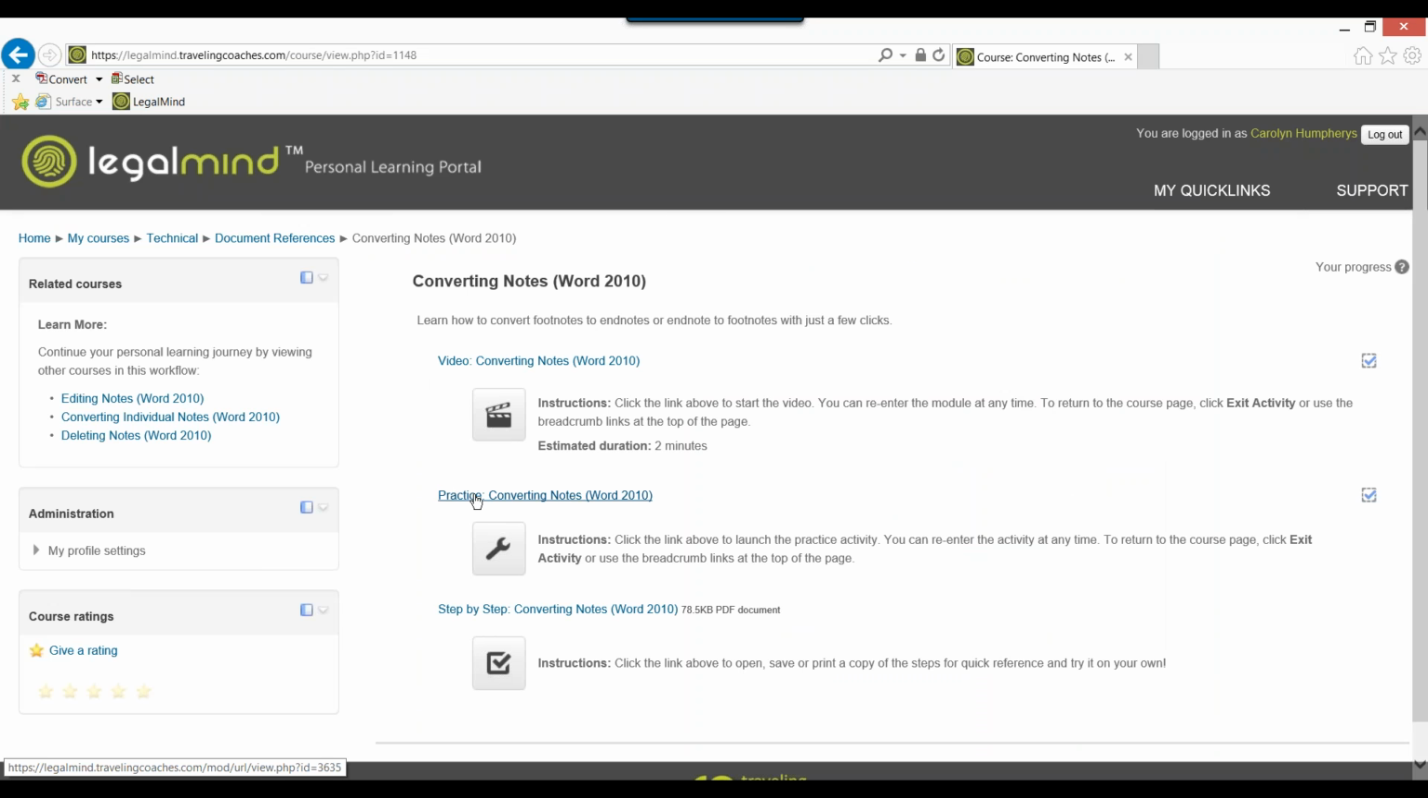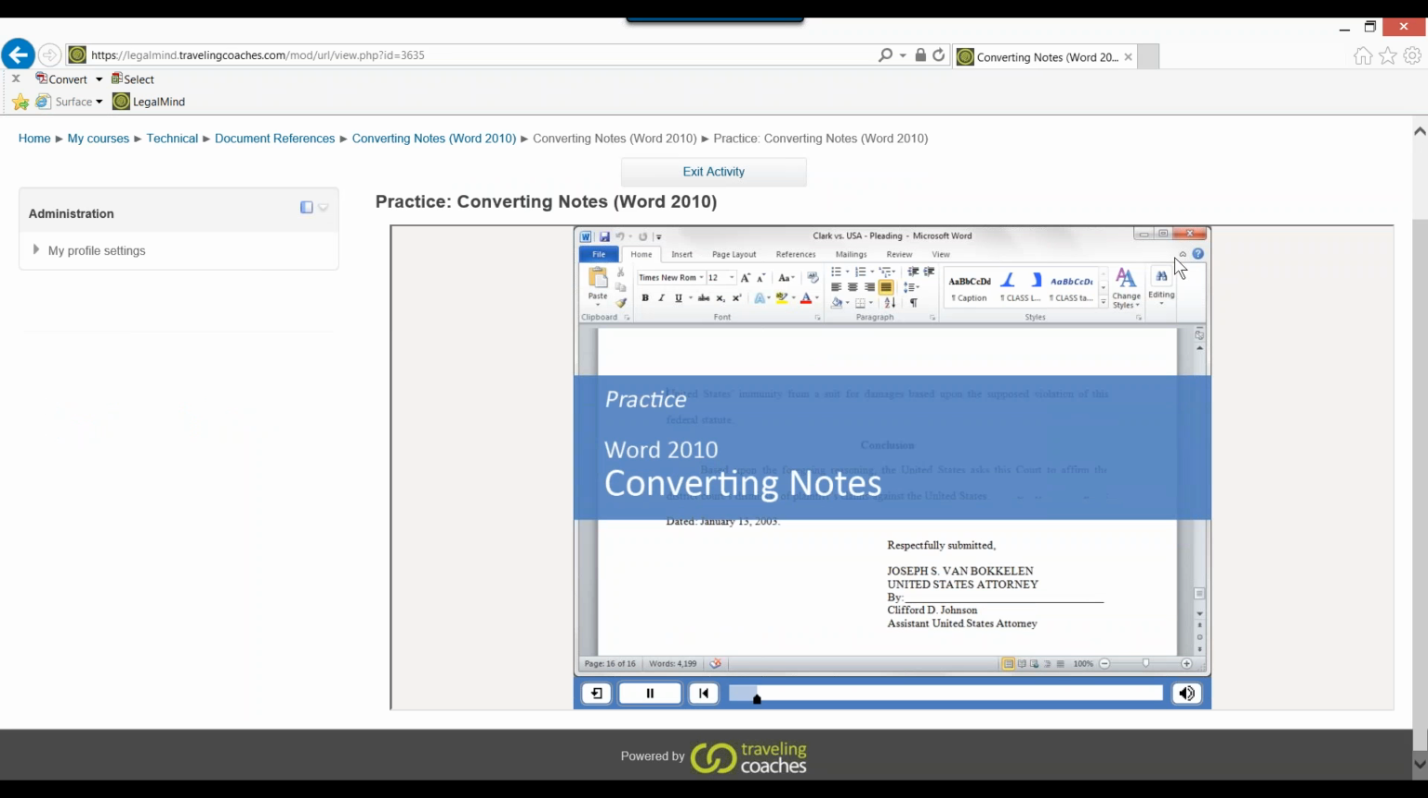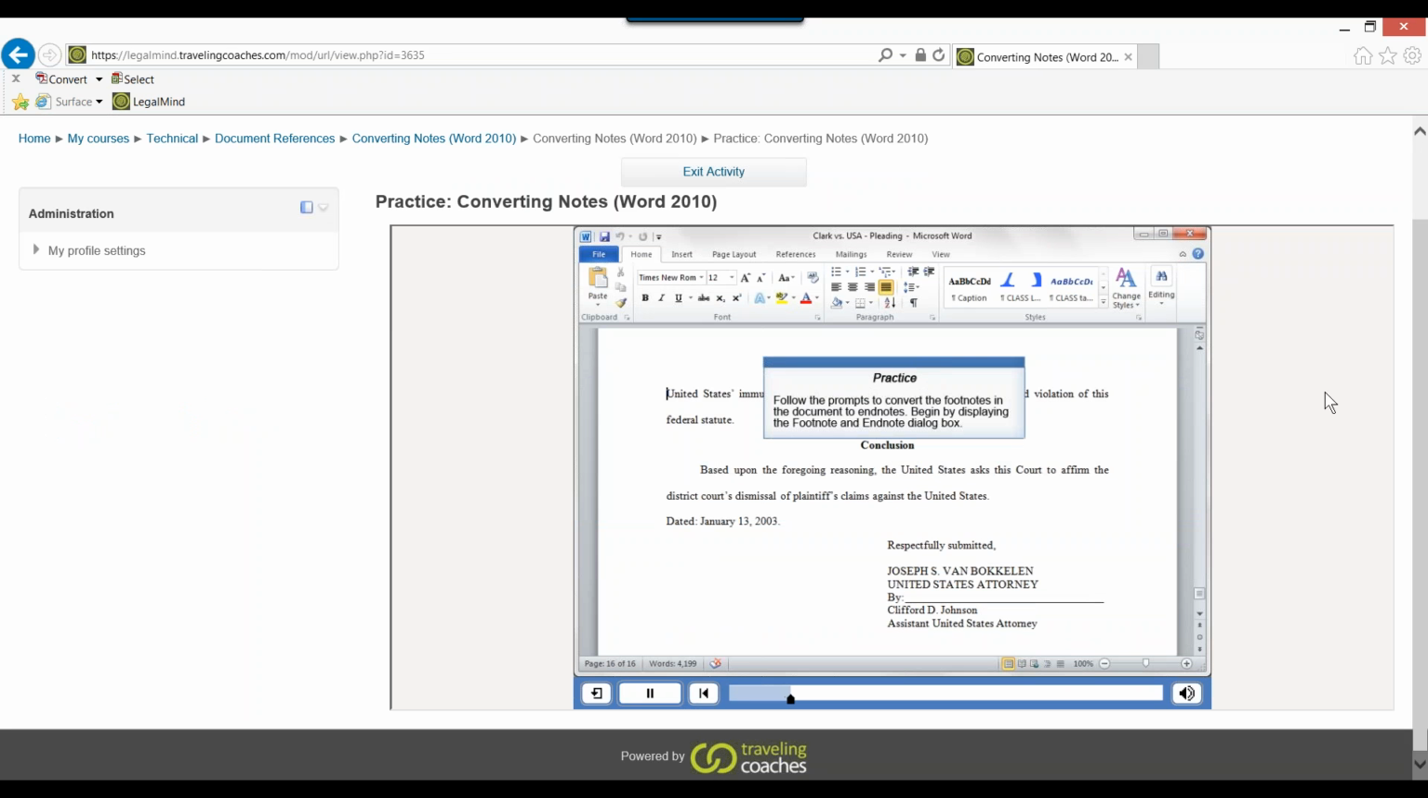Now, another way that I can consume the information is by selecting practice. Now, practice is going to be a simulation, and it's going to allow you to step through and practice using this particular feature. So simply follow the prompts on screen, and if you're still not sure where to click,